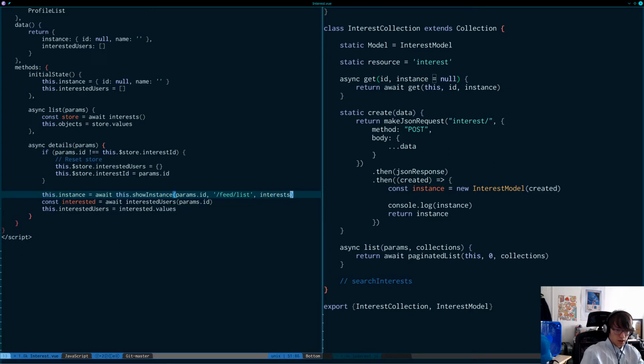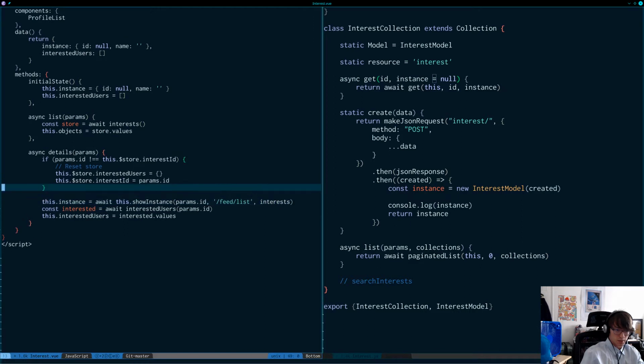So we actually would like that to be interests, and we don't have to resolve it because interests will be resolved by show instance,